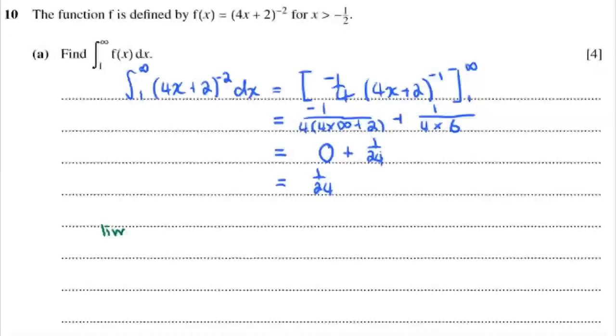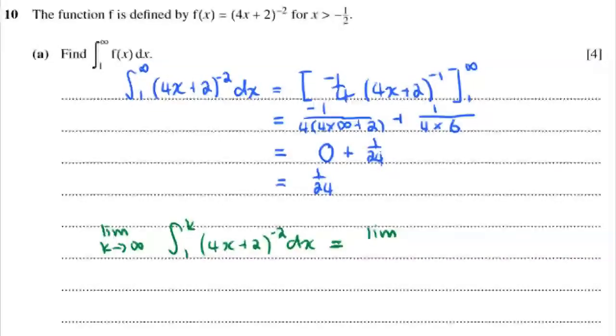You would say, what is the limit as k approaches infinity of the integral from 1 to k? And then we would just do the whole thing with a k, 4x plus 2 to the power of minus 2 dx. So eventually we would get to this same point, but instead of writing infinity, we would say we're still looking at what's the limit as k goes to infinity